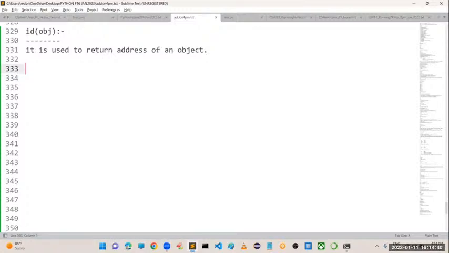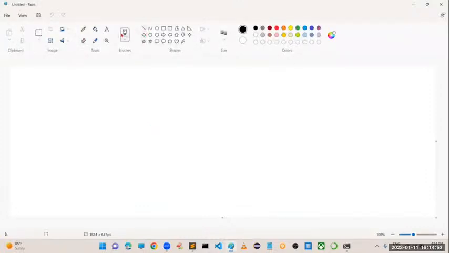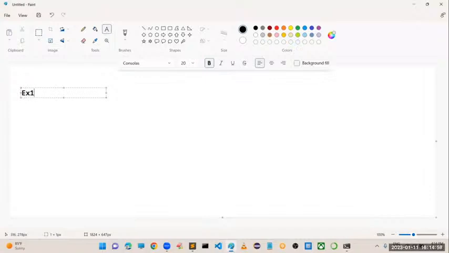Sir, how can you return the address of the object? For that the id function is there, but internally Python follows certain rules. What is that rule? Let me explain with three examples. Example number 1, about the id function. Suppose I take x is equal to 10.